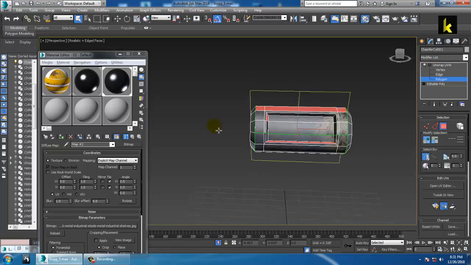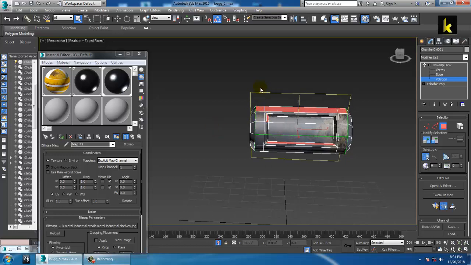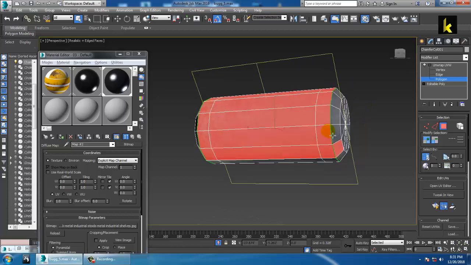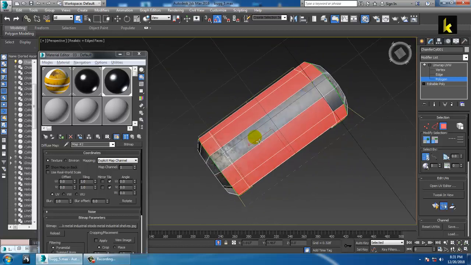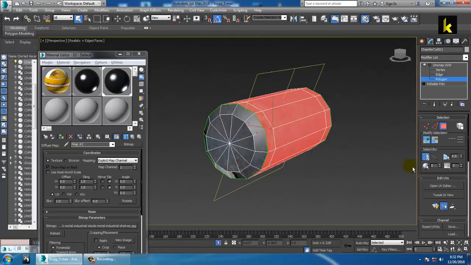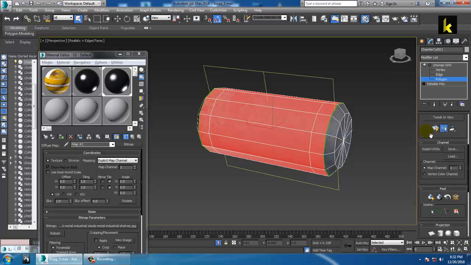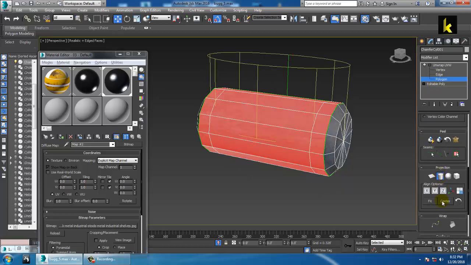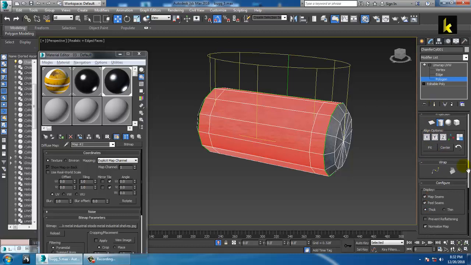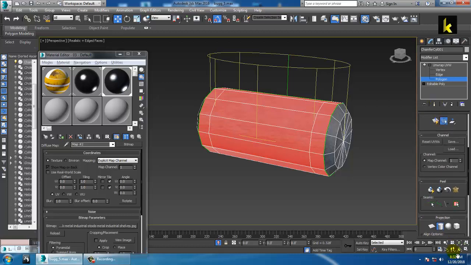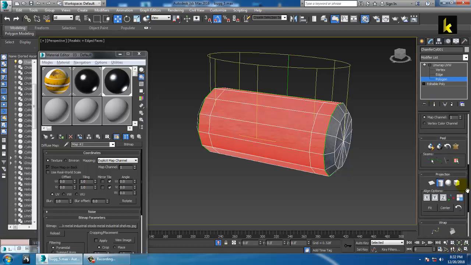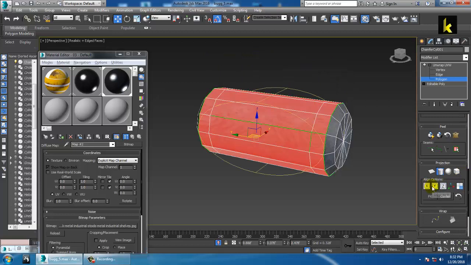Select all these polygons. So subtract this, select all this. Make sure you're not selecting this part, and you have an option over here, that is your cylinder. You can go into cylinder projection, you can define the projection,